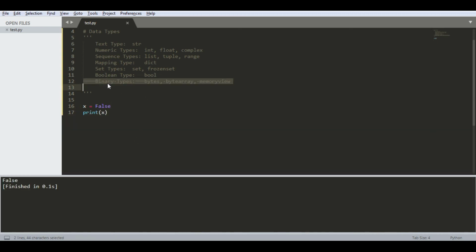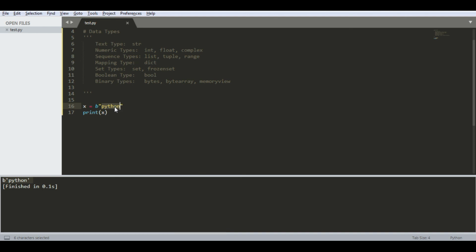For the binary types, they are especially used in matrix calculus. Let's have an example. If I say b, let's say Python, I convert the string to a binary type.